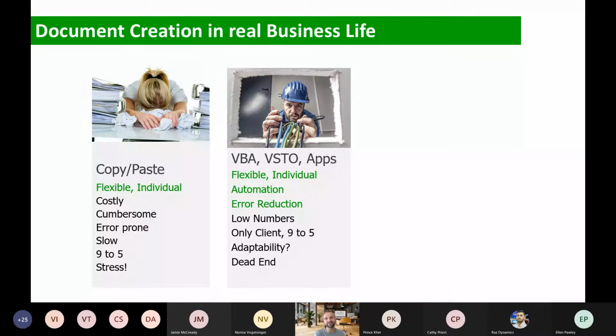Usually it's a bit of a dead end because there's that one person that knows those macros, but the rest don't. And again, in a collaborative aspect, you want to have a server-side automation. You want to integrate Power Automate, right? You want to have different data sources, and that's still a very limited way to get there.